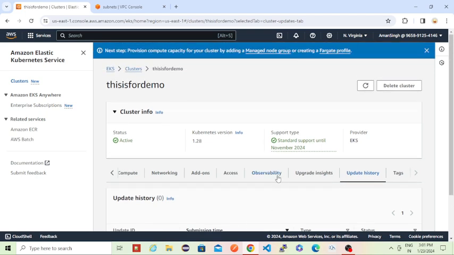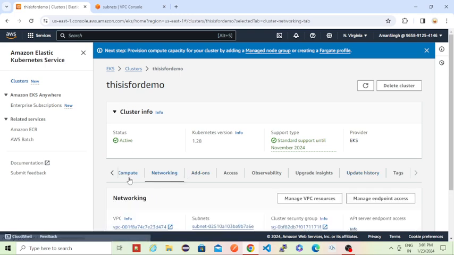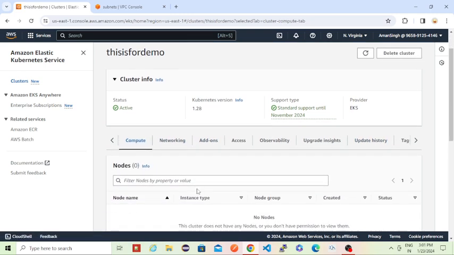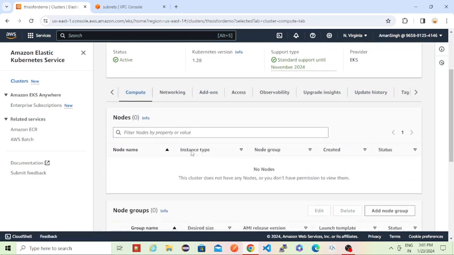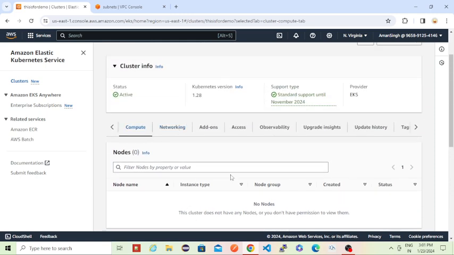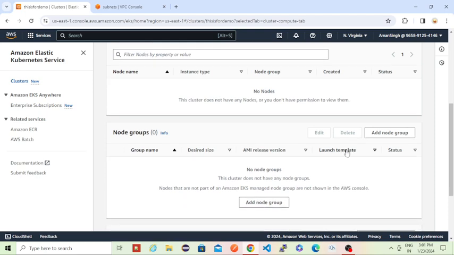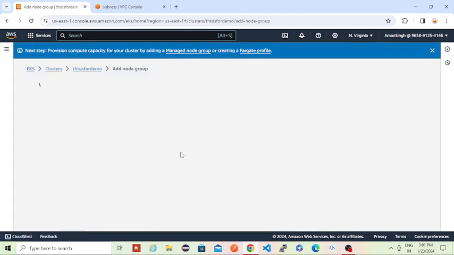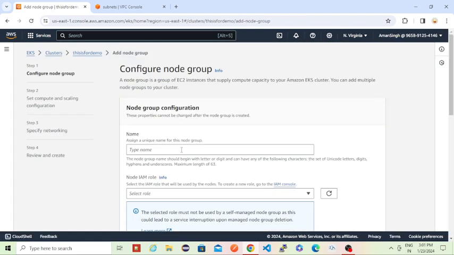I think it took a long time to get this status as active, but now you can see our cluster is active, and we can add one node. A node is nothing but, as I already told you, an EC2 instance. So I am just saying node, private node,